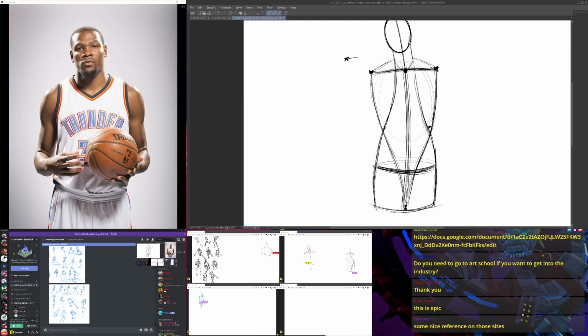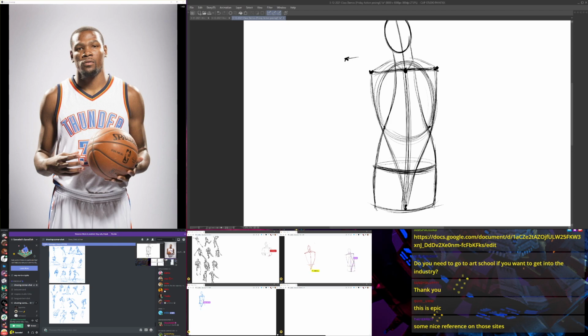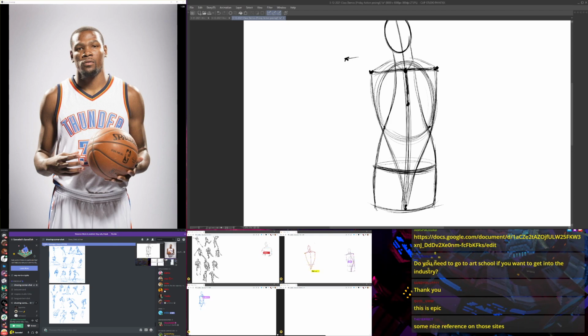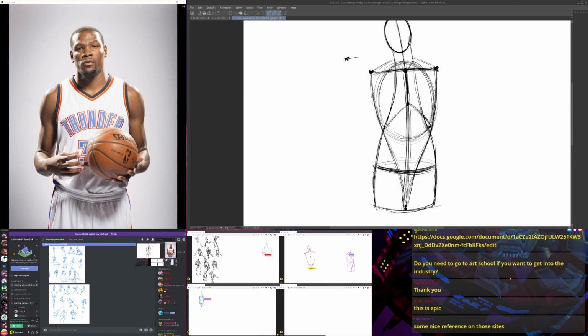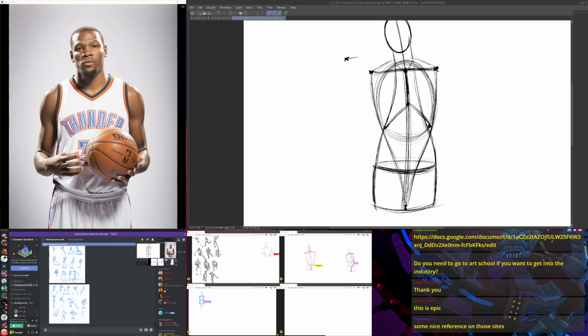Let's get this egg shape going in here for the rib cage. There. So the bottom of the sternum, right here, creates that opening for the front of the ribs going down to the corners of the ribs, right there. We're keeping this very much simple abstract shapes as we're doing this, by the way. So don't try to overcomplicate it with too much anatomy or anything.